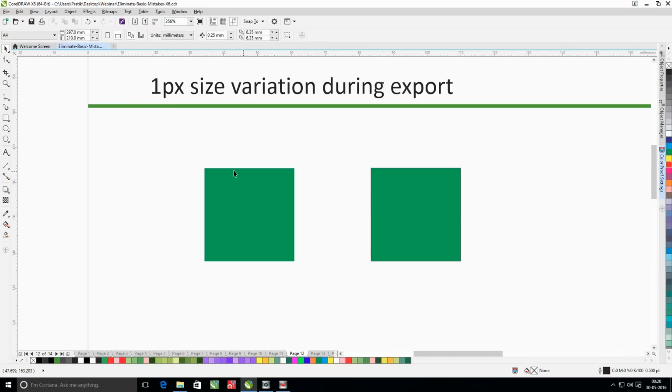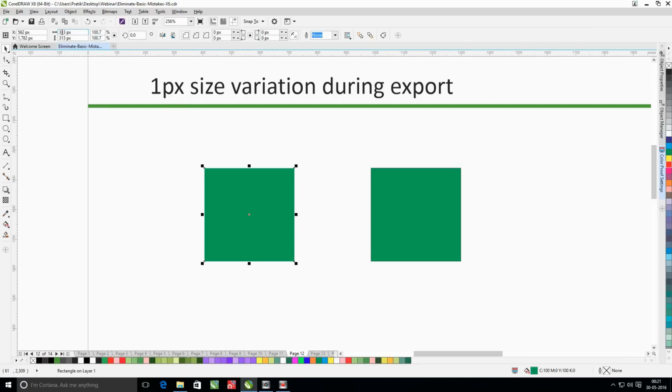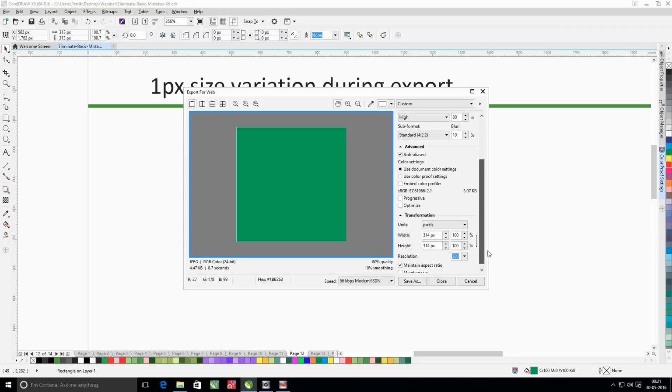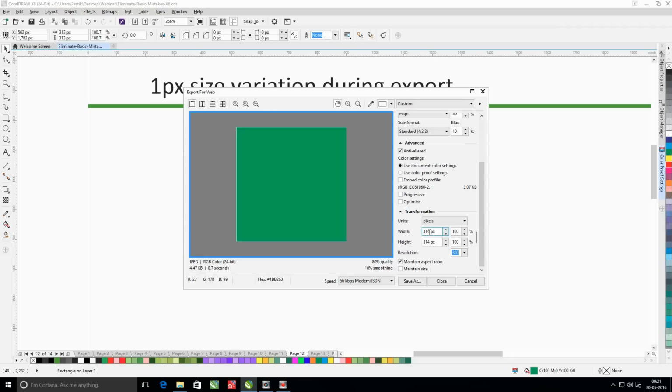Another issue that most of the users have seen is when they try to export this object to web. Let's say I will convert the unit to pixels, and when I select this object, I see the size of the object as 313 pixels. Now when I try to export this for web, I see there is a 1 pixel size increase.